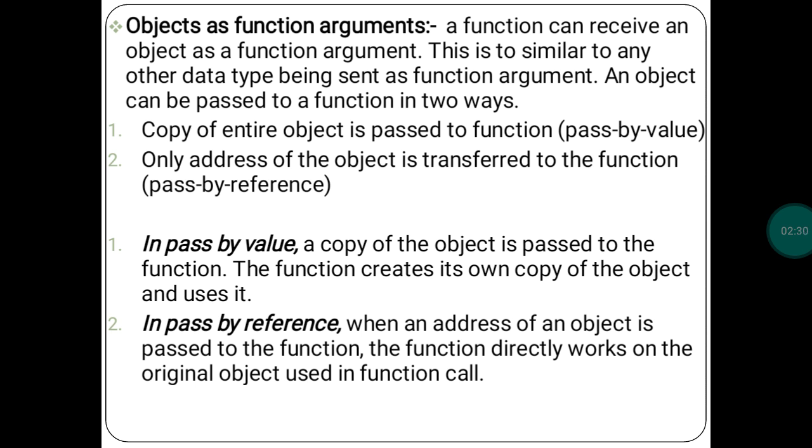After sending one copy from the object, the member function again creates its own object, then it will use it. That is called pass by value.